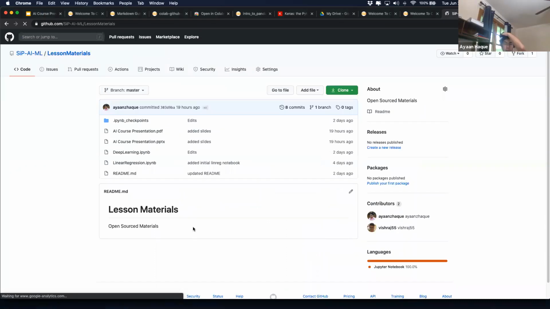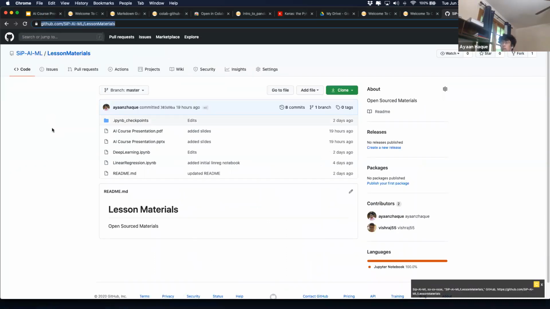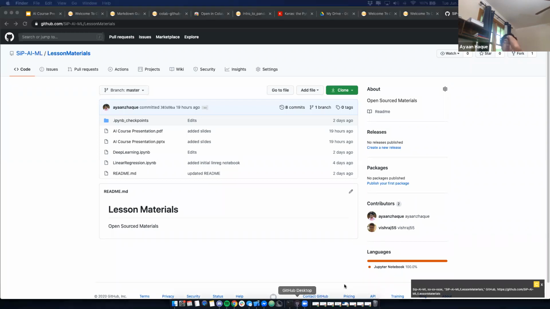Oh yeah, thanks for helping them out with Google Colab. But yeah, basically, let me give you guys the link that you should use, and copy that link in GitHub Desktop, and do clone, and just clone that repository. So that's how you clone repositories, basically.